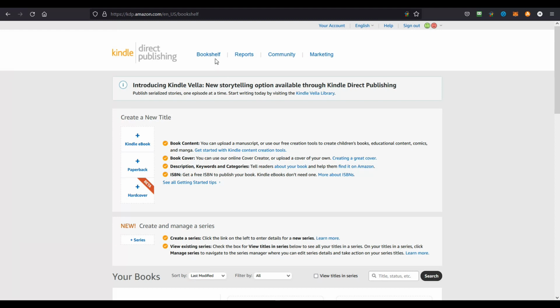So once you get signed in, you'll see this stuff up here. This just tells you how much money you've made, how many people have bought your book, all that jazz, where it's selling. Bookshelf is where we are now. That's what's going to get you started right here. So if you want to publish your first book, so the hardcover, I hadn't seen that. That's brand new, so I may actually do one in hardcover. It's going to cost more money for people to purchase, but that'd be kind of neat to have at least one in a hardcover. So you hit paperback